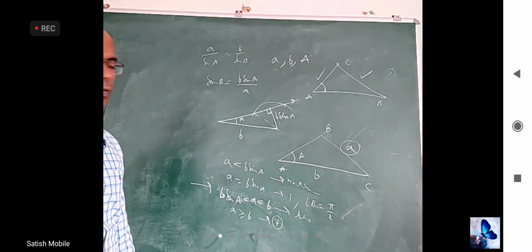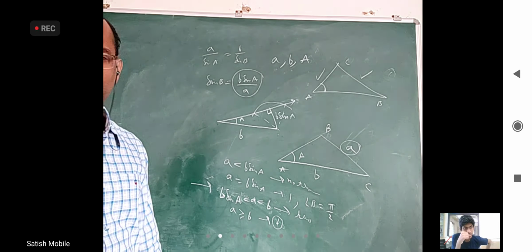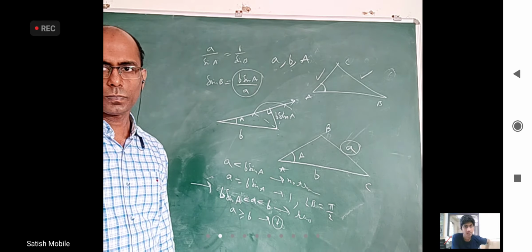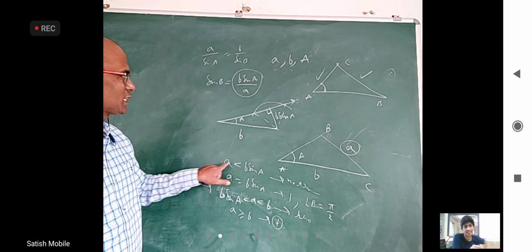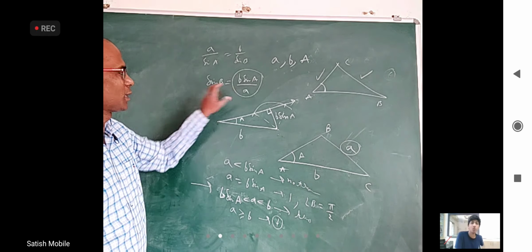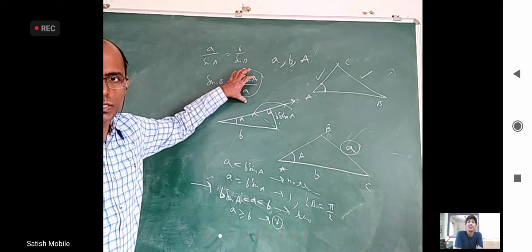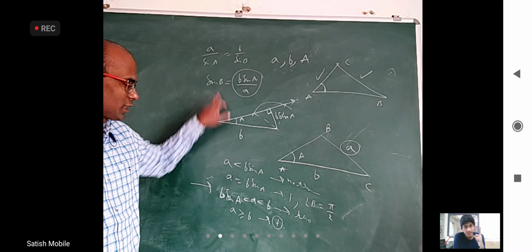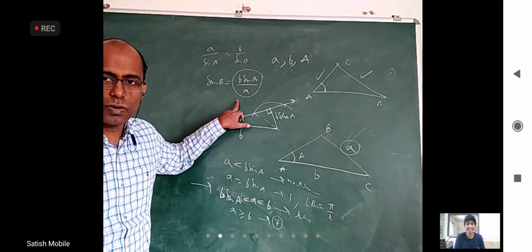Right? Now you can see when this becomes more than 1, there will not be any triangle. That is exactly the first case. When b sin A is more than a, this will be greater than 1. Sin B will not be that. That's why no triangle. When this becomes 1, angle B has to be 90 degrees. That is exactly this. When it becomes less than 1, there will be two solutions.